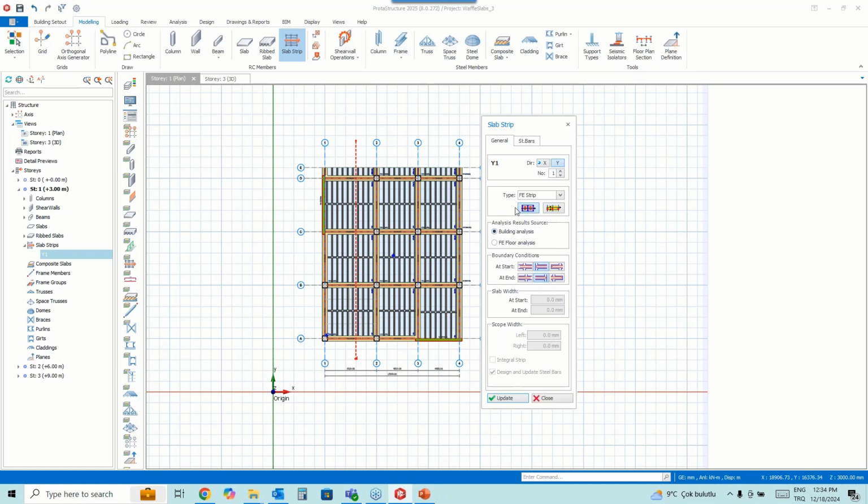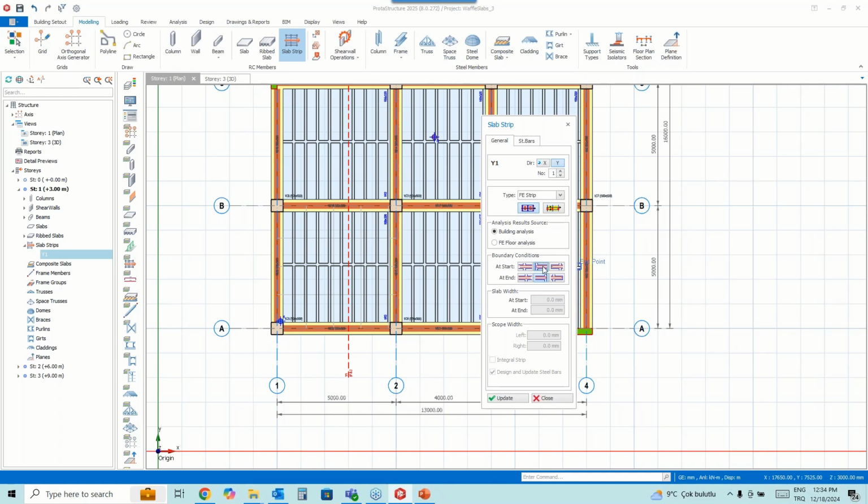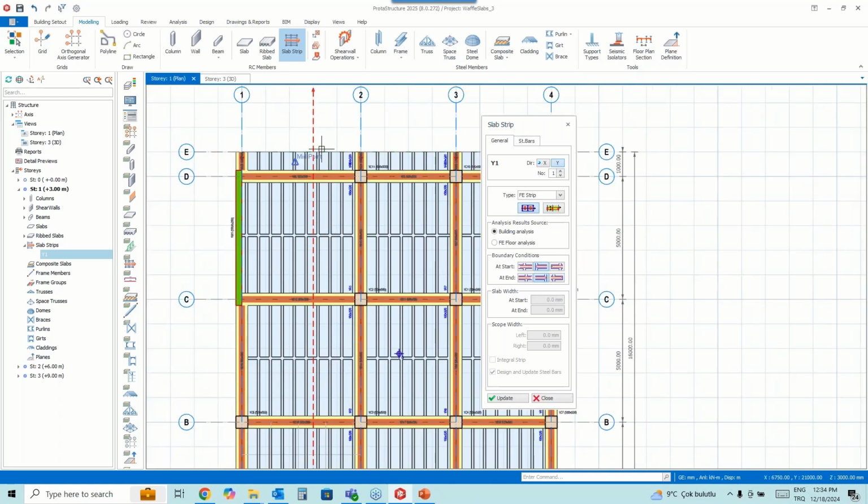So of course it will be for span strip, building analysis, boundary conditions. At the beginning we have a beam, so I'm going to select the second option, but at the end there's a cantilever, so you can use the cantilever boundary condition at the end.